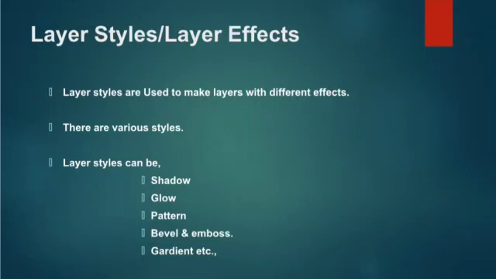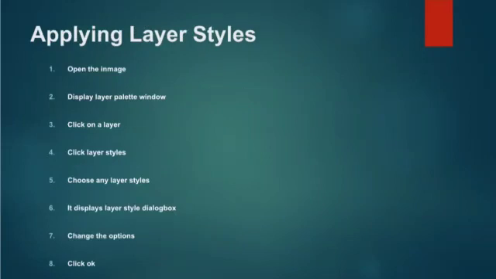In the drop shadow, we have a shadow outside the layer in the specified size and angle. Inner shadow shows a shadow inside the layer in the specified size and angle. Outer glow shows a shining effect outside the layer, and inner glow shows a shining effect inside the layer. Bevel and emboss show a 3D effect on the layer.